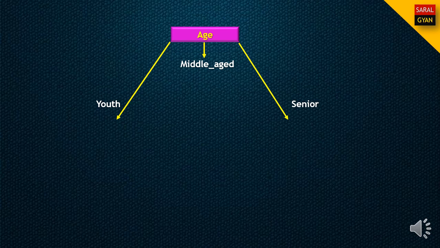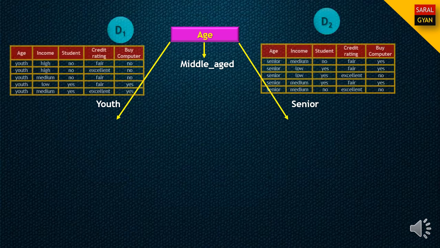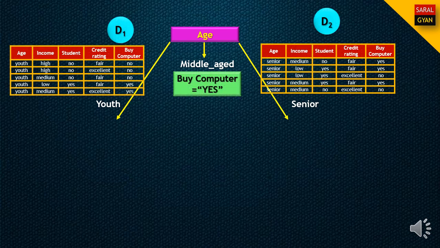So since we have identified the second level splitting attribute, let's perform the second level splitting. First level splitting was on the basis of age, where we have split into 3 parts, because the age attribute has 3 classes: youth, middle aged and senior. When it is middle aged, we reach the leaf node, because when the person was middle aged, all the values of the buys computer attribute were yes. So there was no confusion. When the person is of middle age, then he or she should buy the computer. No further classification is required. We reach some verdict.